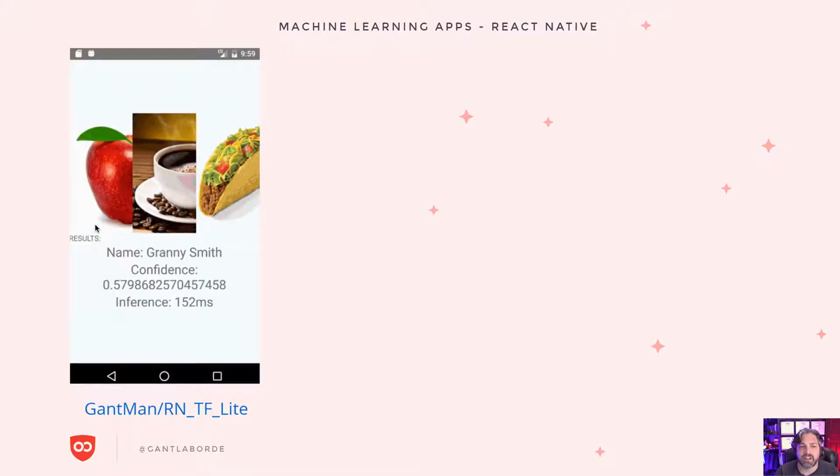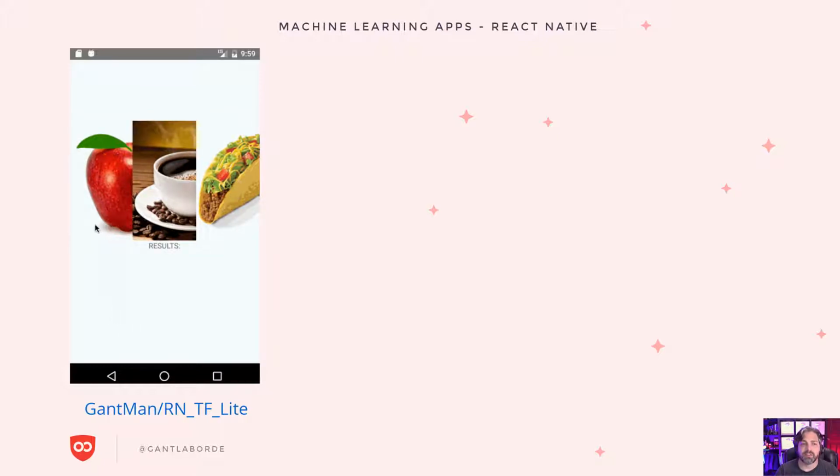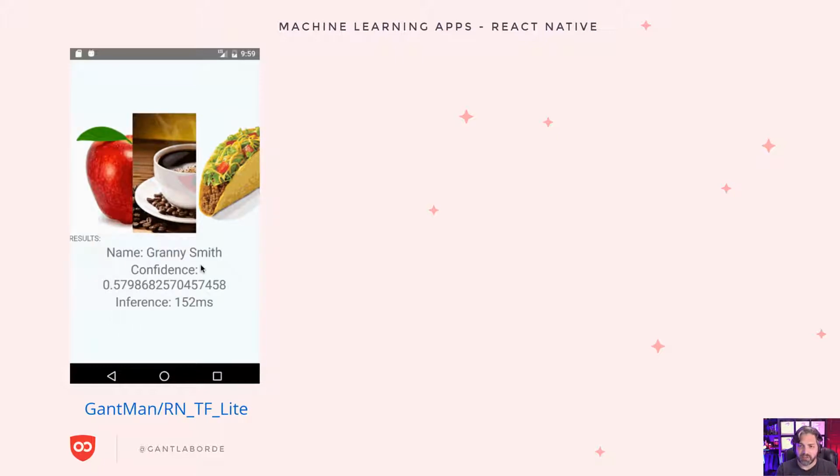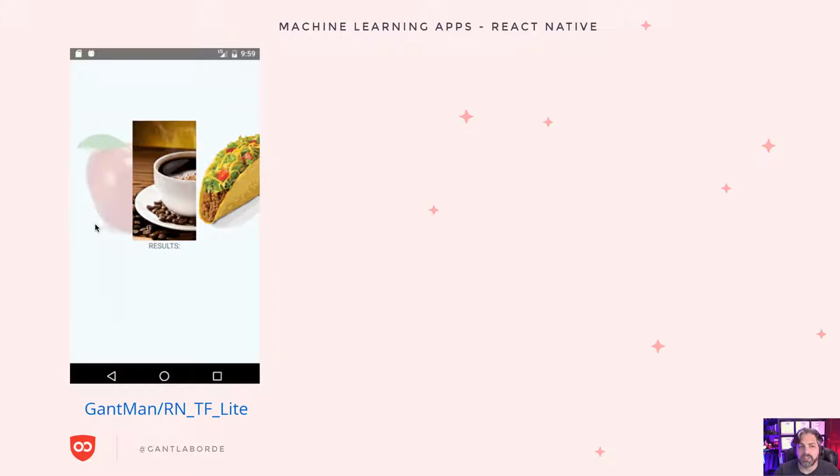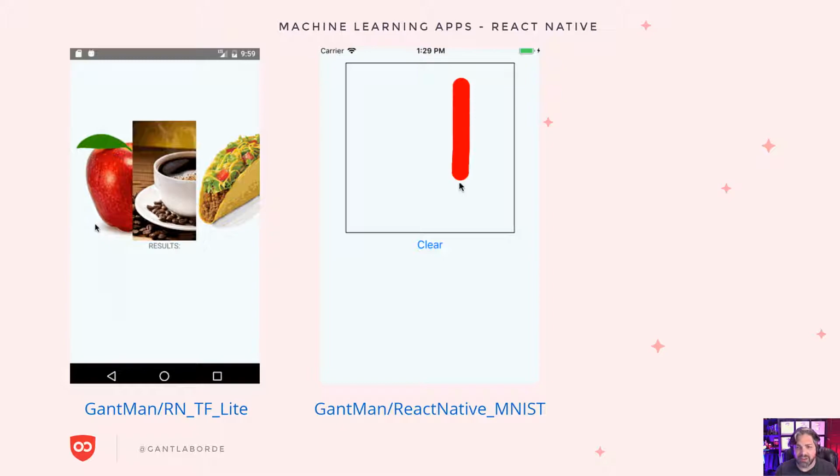This first one is actually identifying what's in an image. So if you click on that coffee, it thinks it's espresso. And then I didn't have it trained on tacos. So when you click on that, it believes it's a pencil box, but the confidence is nice and low on that. So you've got this JavaScript code that goes down to TensorFlow Lite on the device. So that way I can write JavaScript and then I can actually ask it what is in this image and it can push that down to the accelerated hardware on that device. Or I could stay inside JavaScript altogether.